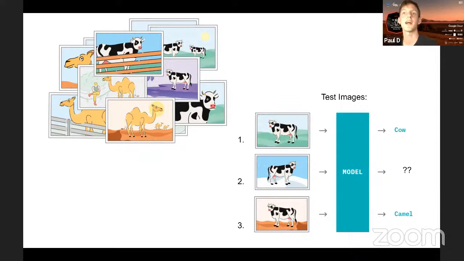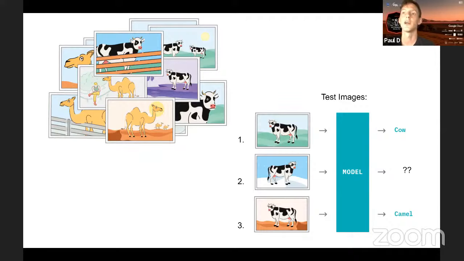The problem here is that every time you take a picture of a cow, it's got a green, grassy background and a blue sky. And every time you take a picture of a camel, it's got a sandy background and a desert environment. So what you really want to do here is learn the causal features of which animal is in each image, and not just the spurious correlations between the background pixels and the particular images that you have access to.